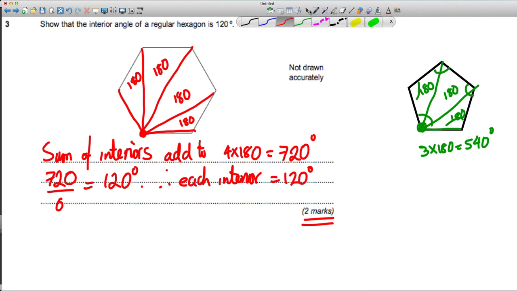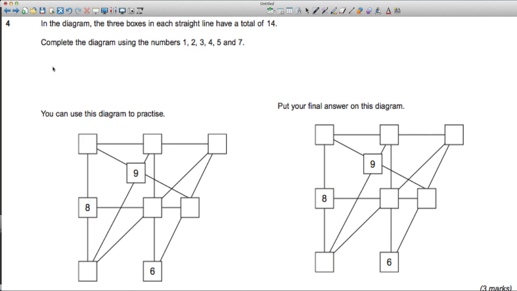Okay, next question. We are asked to complete the following diagram using the numbers 1, 2, 3, 4, 5 and 7. And what we're asked to do is that in each of the 3 boxes, each straight line must have a total of 14. So what we're to do is just to try and trial and error get ourselves these here. Now, you've got 1 to practice on, so